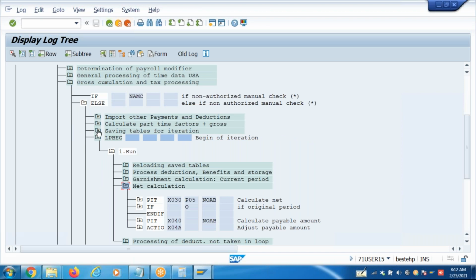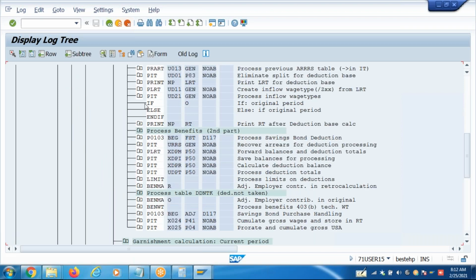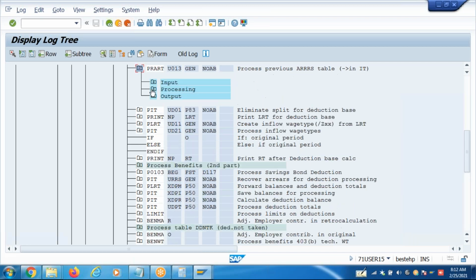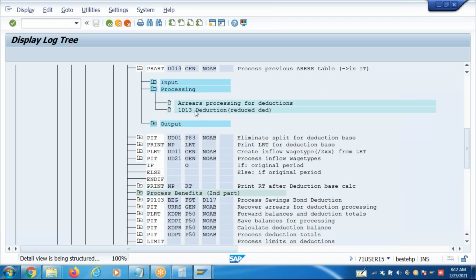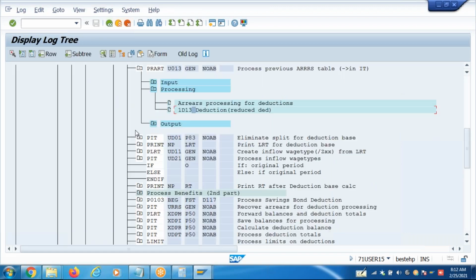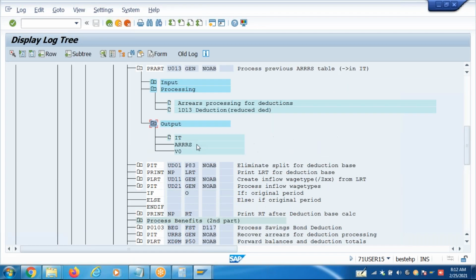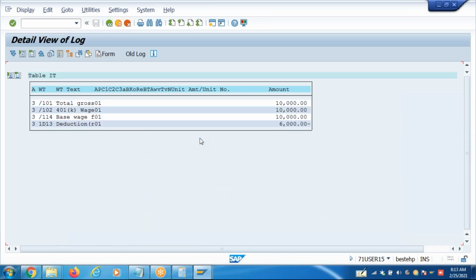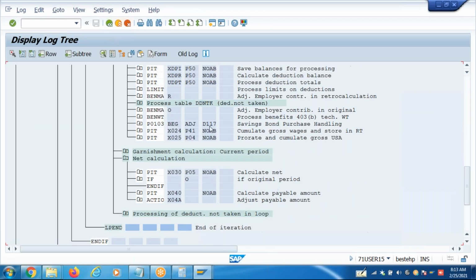See, it is imported here. Now instead of 1D10, 1D11, 1D12, you will see in the IT table 1D13, and it has different arrears characters and different limits processing.